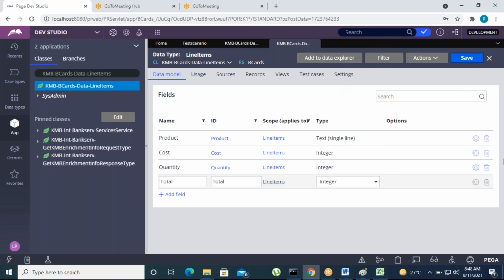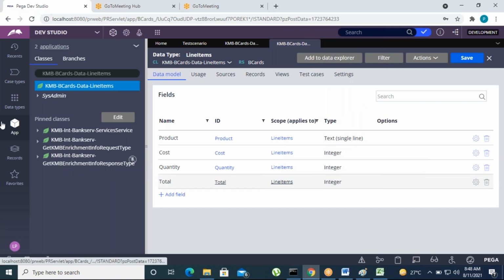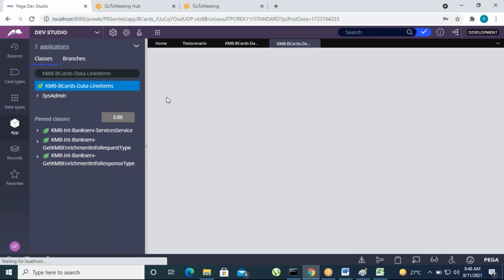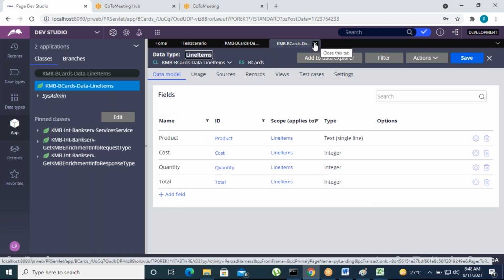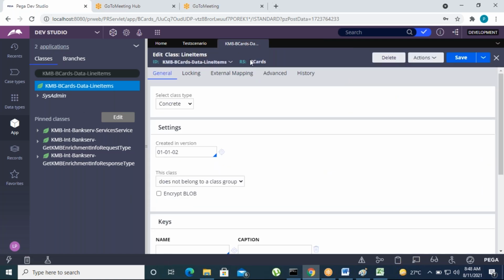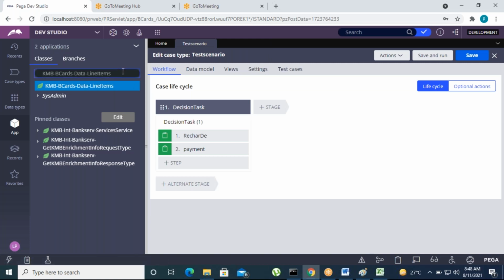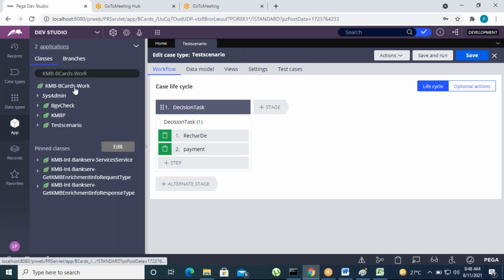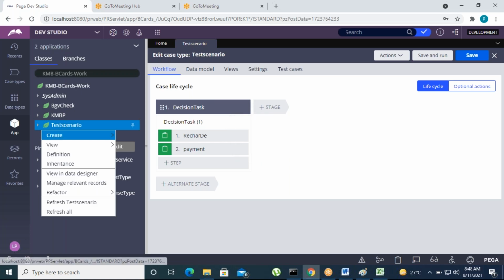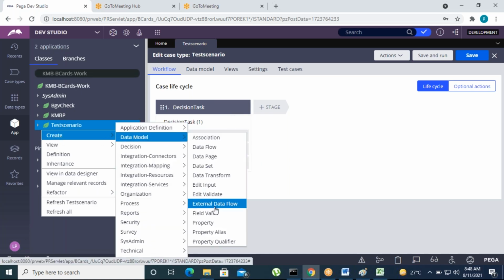Fine, click on save, go back to the work class and then build the property. The property data type is a page list. So this is the data work class, then right click and go to create the property now.